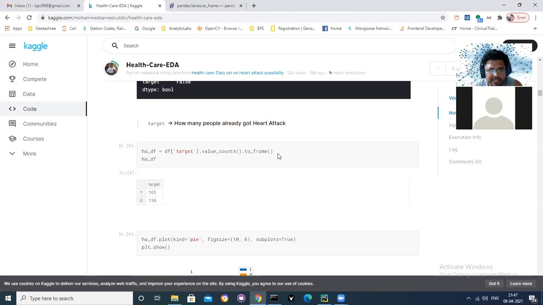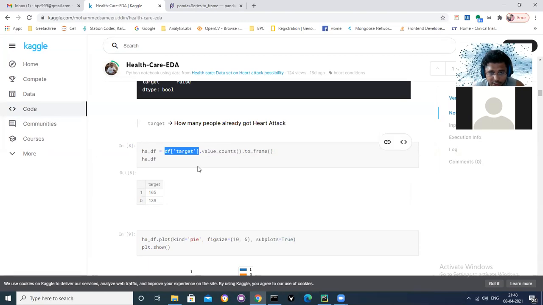So you see, this is a very small analytics or EDA that he did. He took one column, counted the unique values, and printed it in a tabular format. Now tell me why he used value_counts here. Why not some other function? Because from the histogram, he saw that target is binary data, right? So target is binary data.